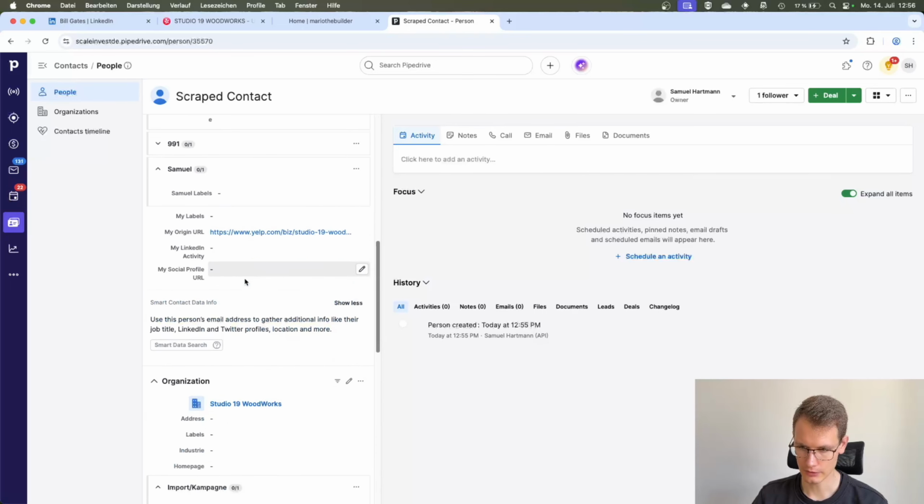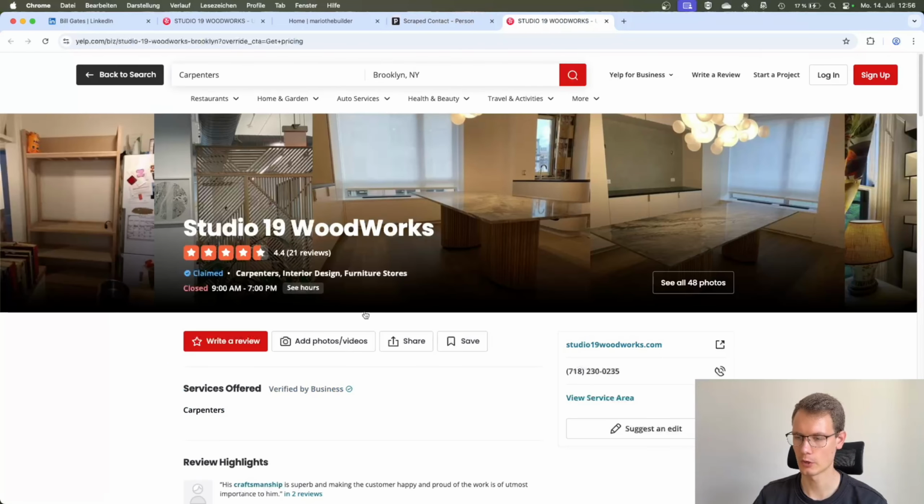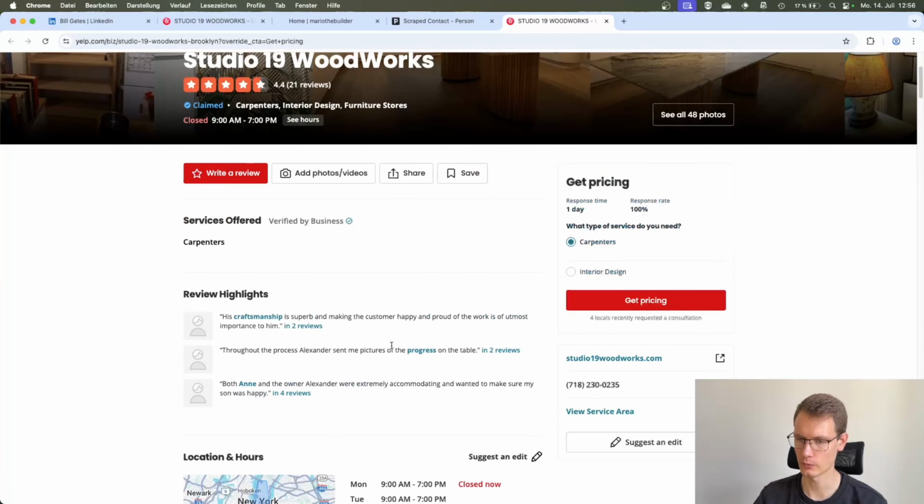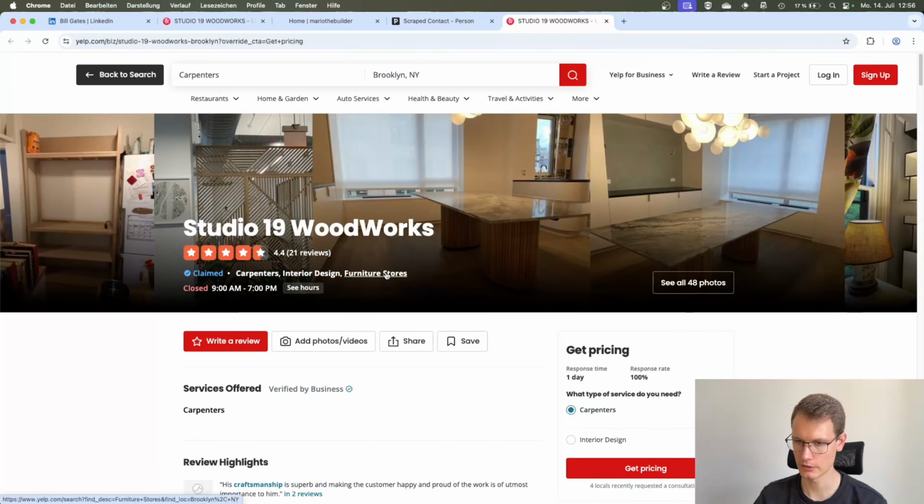And the other thing which you'll notice is that in this custom field which we defined in the Chrome extension settings, here we will have the URL to the site from where we created the contact. So we can always come back here and see from where we got the information